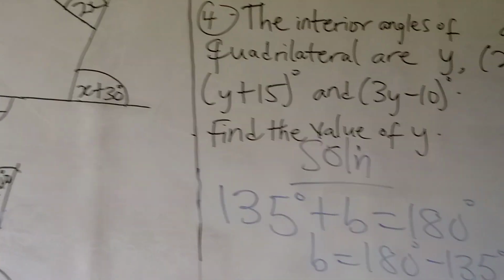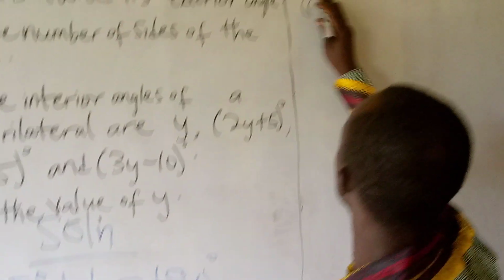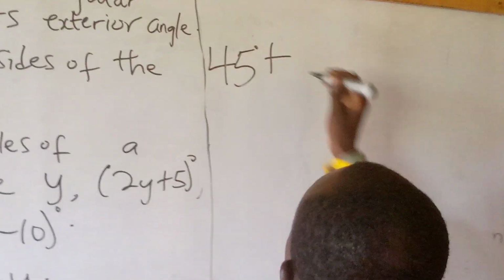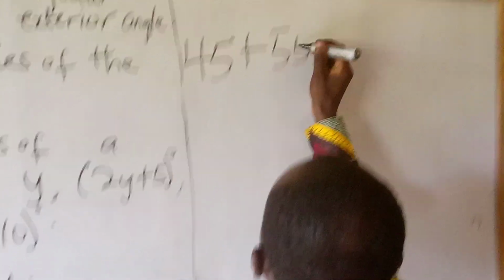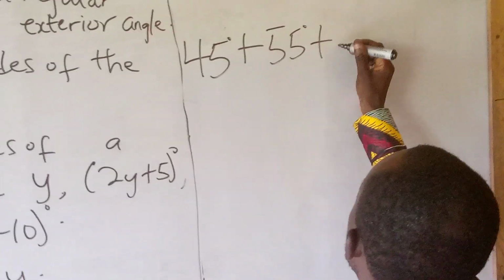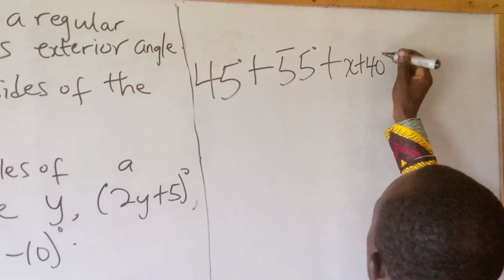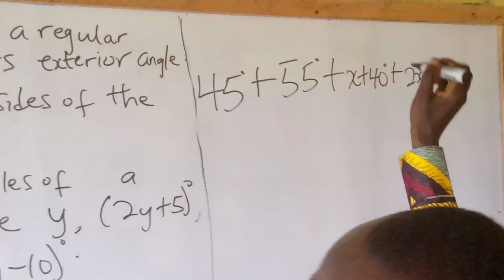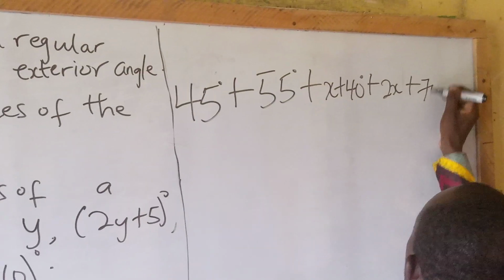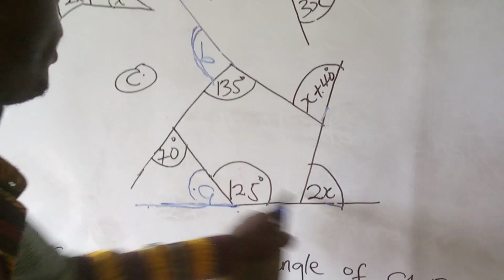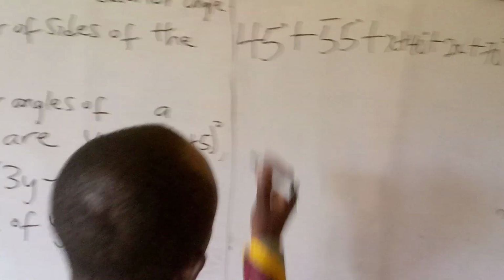So it becomes 45 plus 55 plus x plus 40 plus 2x plus 70 degrees. So 45 plus 55 plus x plus 40 plus 2x and plus what? 70 equal to